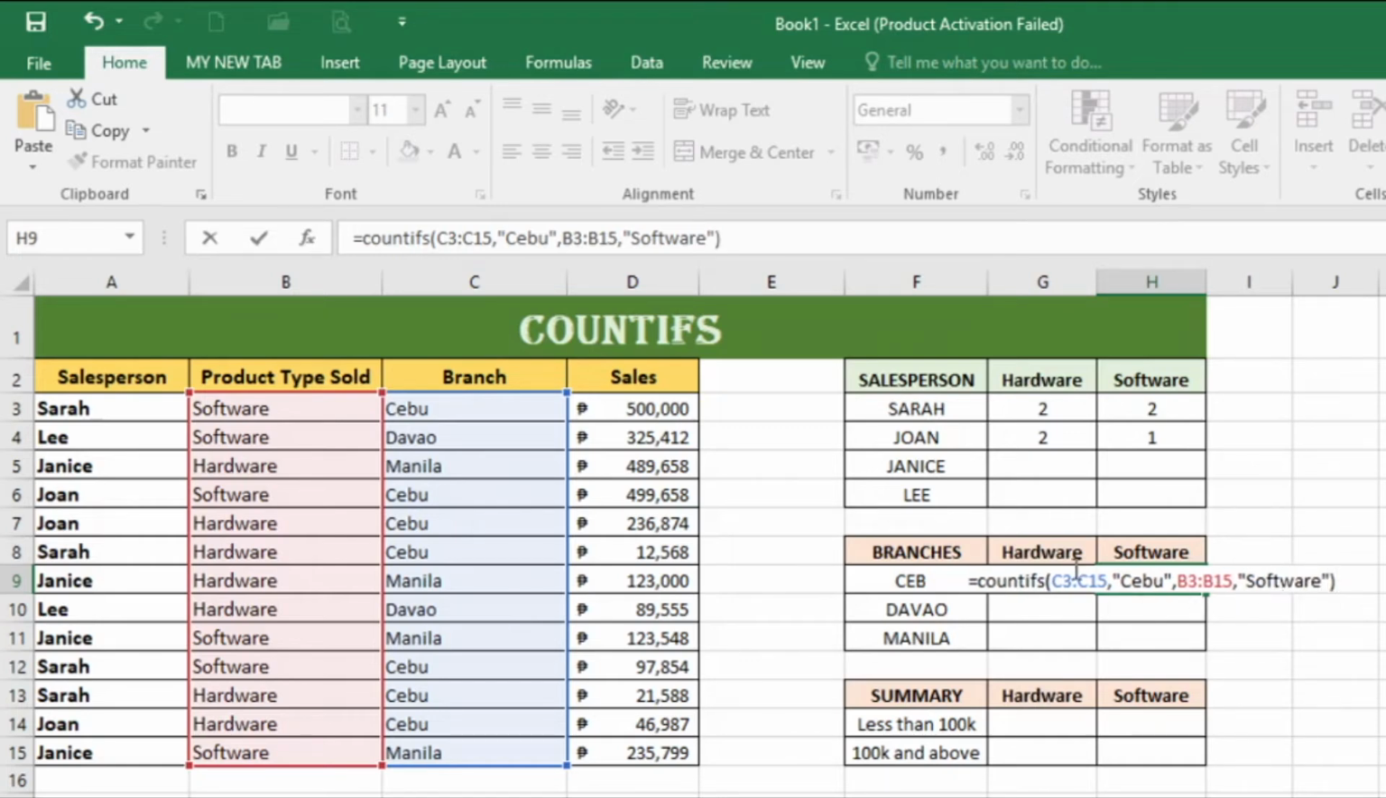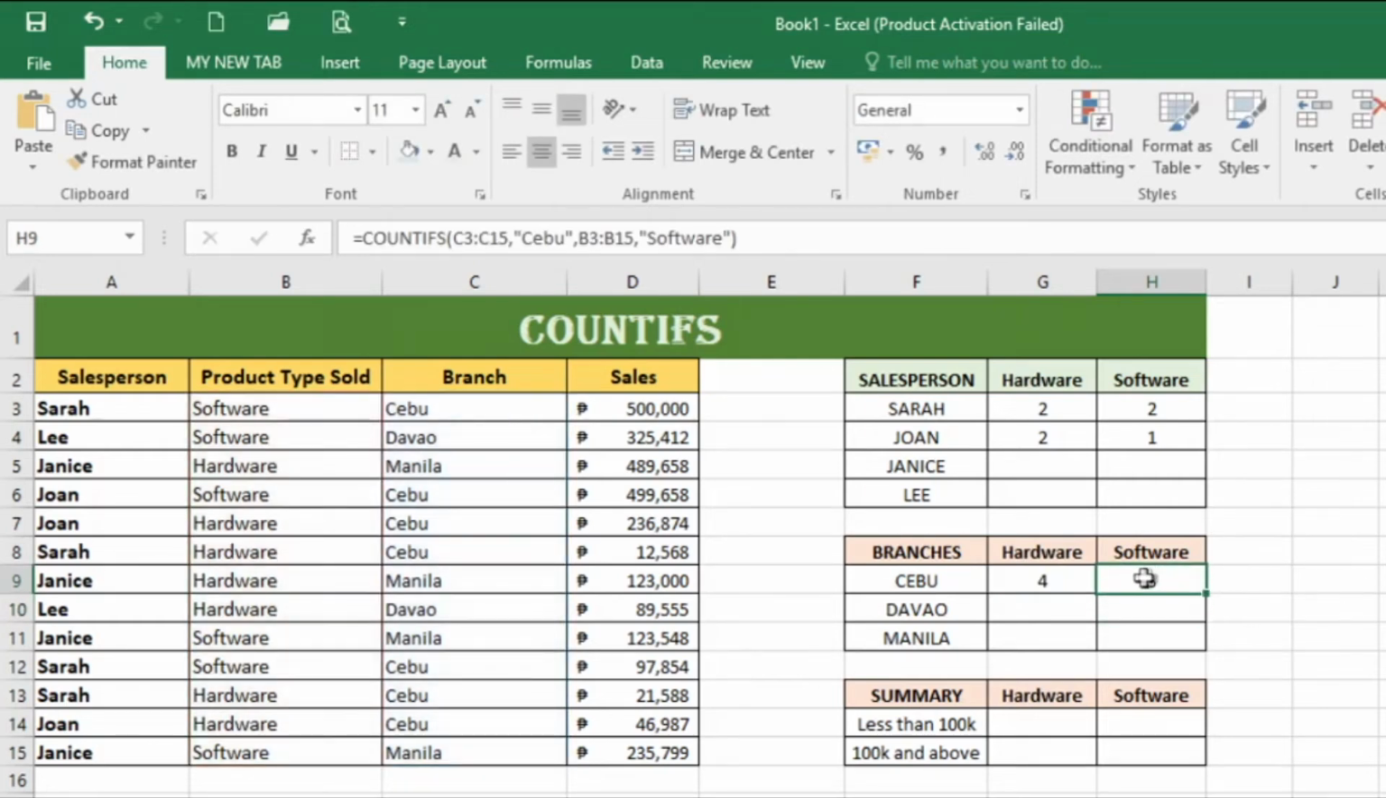parenthesis. So here we have first range, the blue one, branches range. We're looking for Cebu. Second range, the product type sold, and we're looking for the software criteria. Then hit enter. So there were three software sold under Cebu branch. Correct. So now since we have already supplied the formula for both hardware and software criteria, we can just copy the